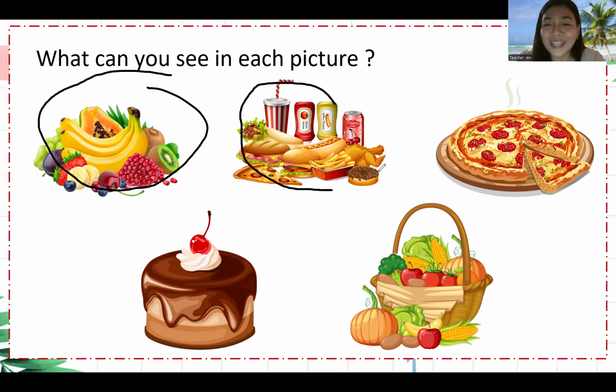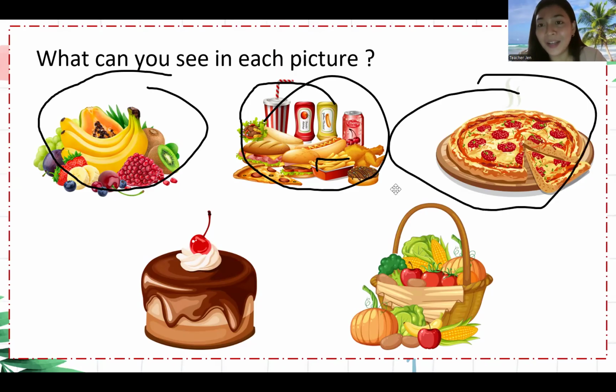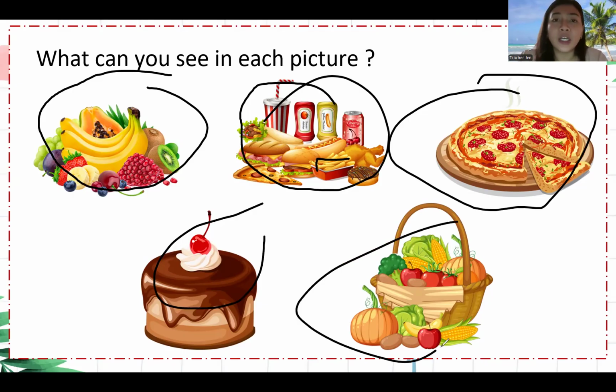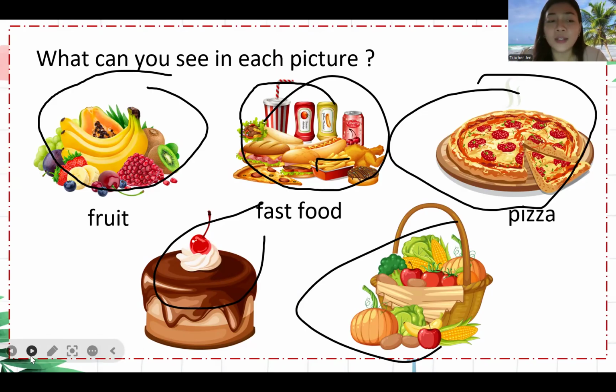Next one. What's this? I think you like this one. Is it right? What are these? These are fast foods. What kind of fast foods are here? We have fries. And what's this? Pizza. Do you like pizza? Why do you like pizza, or why don't you like it? Do you think pizza is good? Then you also ask about the cake. So one by one, you can write and click, okay, very good. This one is a fruit, because it serves as their vocabulary now. Cake, vegetable. Yes.